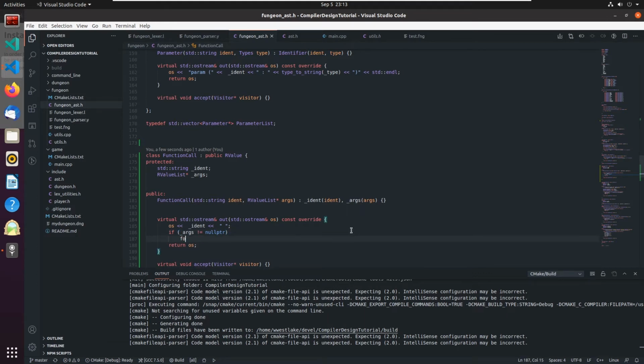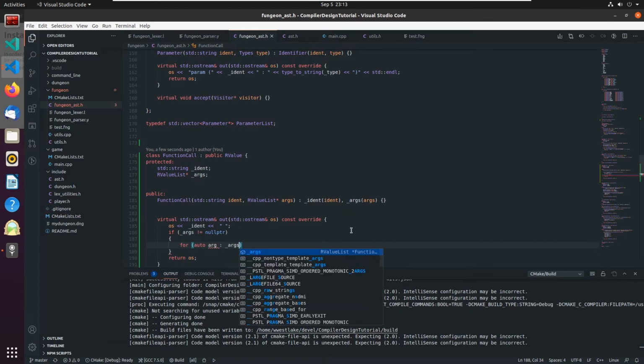I'll be a little bit more precise here. We'll go for auto arg in underscore args,